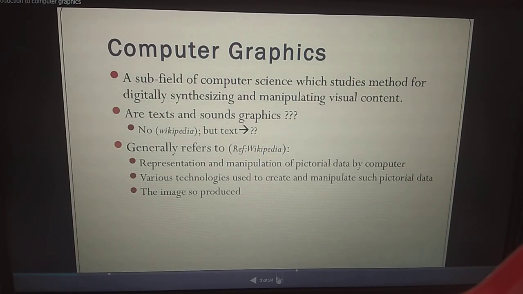Basically, the computer is a data processing machine, or we can say it is a tool which is used for storing, manipulating, and displaying data. So we can collect or generate data and process it according to the user's need. Now, let us say that data is entered from the keyboard in the form of two numbers, say 10 and 20. Now we can process this data by performing some operation on it, say addition, so that we will get the result 10 plus 20 equals 30. So here 30 is the result. It means here we have performed the addition process on input data. This data is called information.